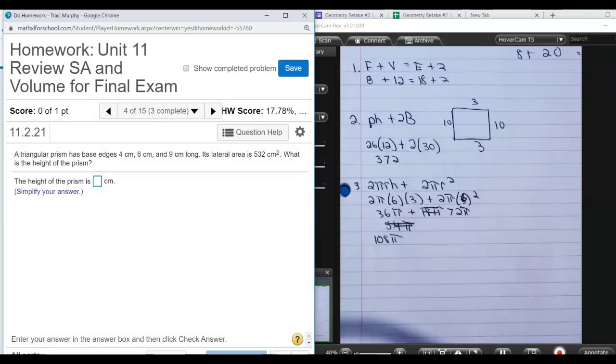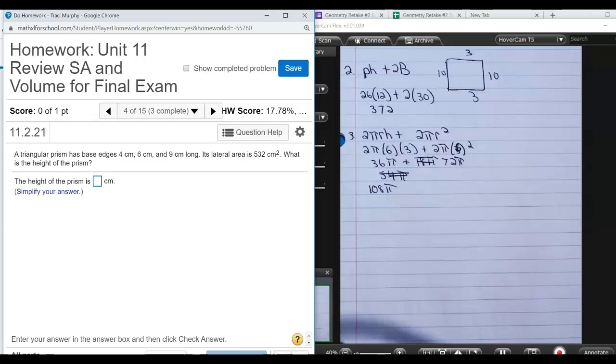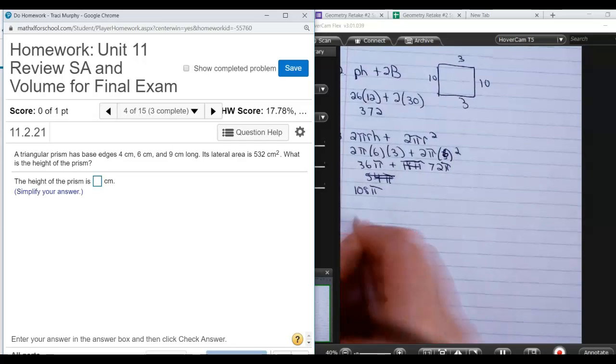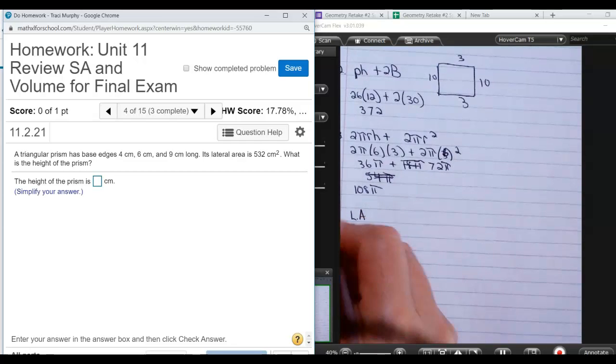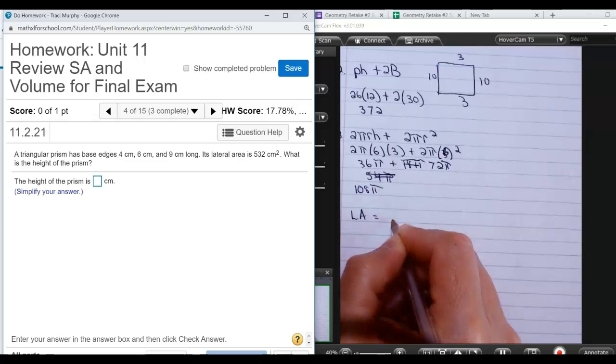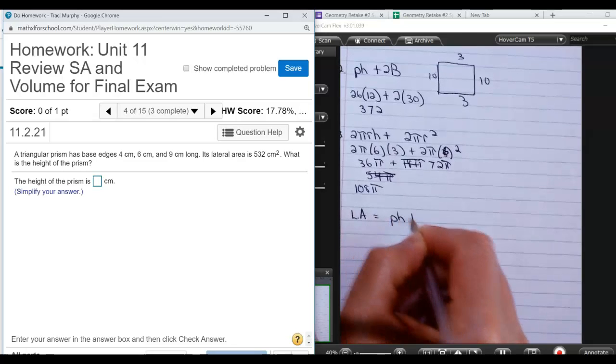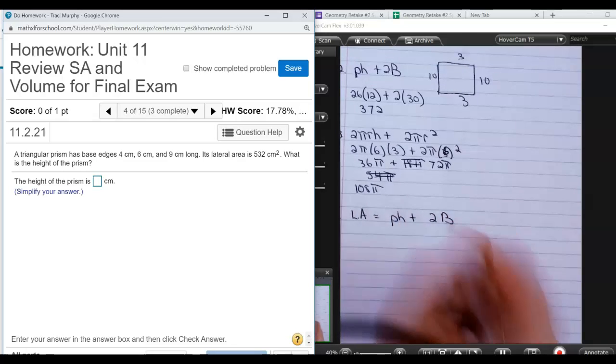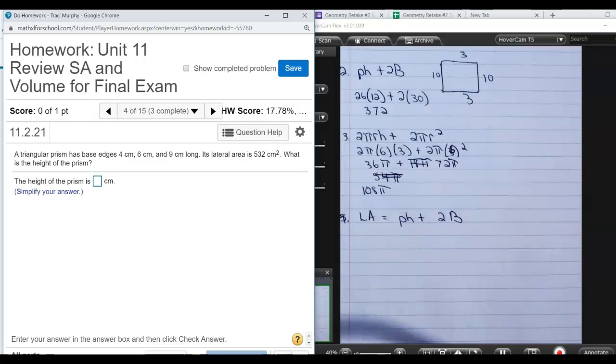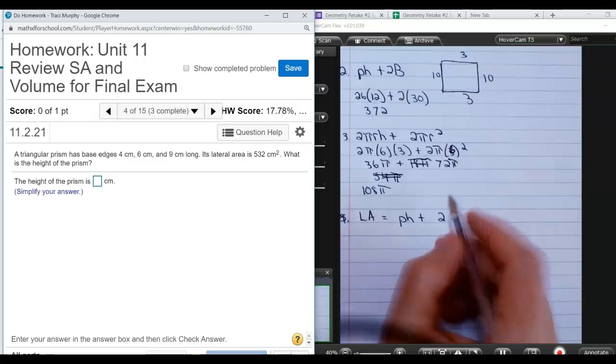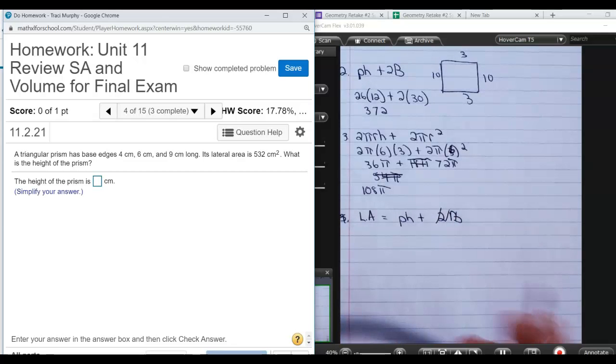Okay. Question number 5, we are looking for the height and we have a triangular prism. So we've been given the lateral area and that formula is perimeter times height plus 2 big B. And we know what its lateral area is. And actually, lateral area is just perimeter times height. So we've got